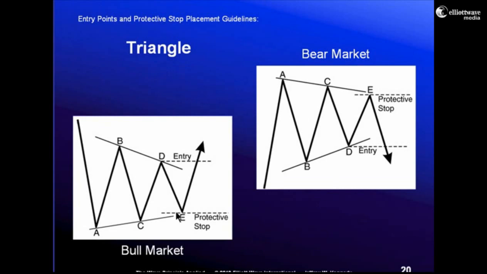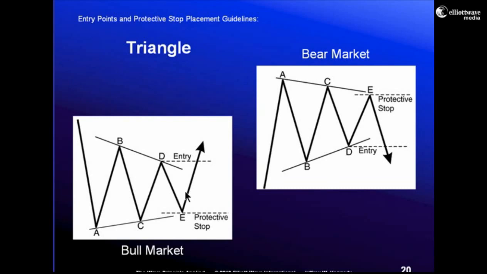Some people like to take a more aggressive approach to trading, and that's fine. That's simply not me. What they do is, as wave E unfolds, they'll begin looking to get long down in this point here with a stop right at the extreme of wave C. If you're aggressive in your trading style, and there's nothing wrong with that, it's a personal choice, and you're looking to take a position as wave E is culminating, I would recommend that you put your protective stop against the extreme of wave A, to prevent just a spike down, maybe a one-tick break of this level, and then a move higher.